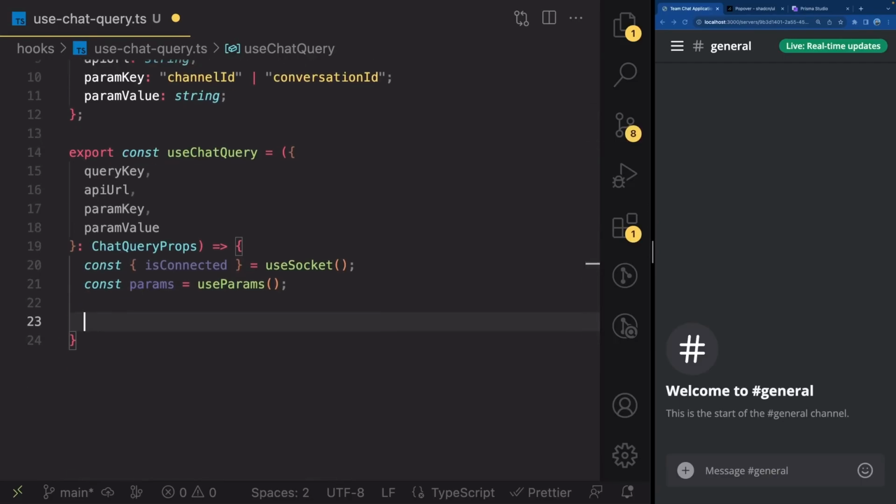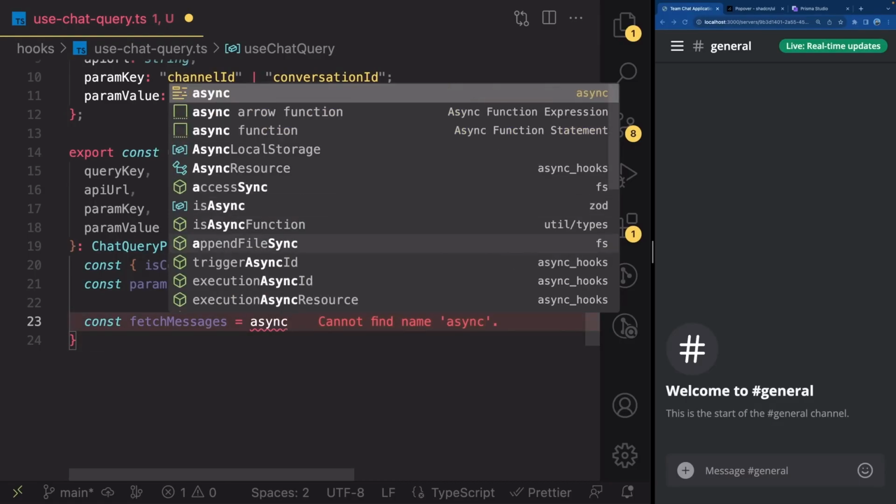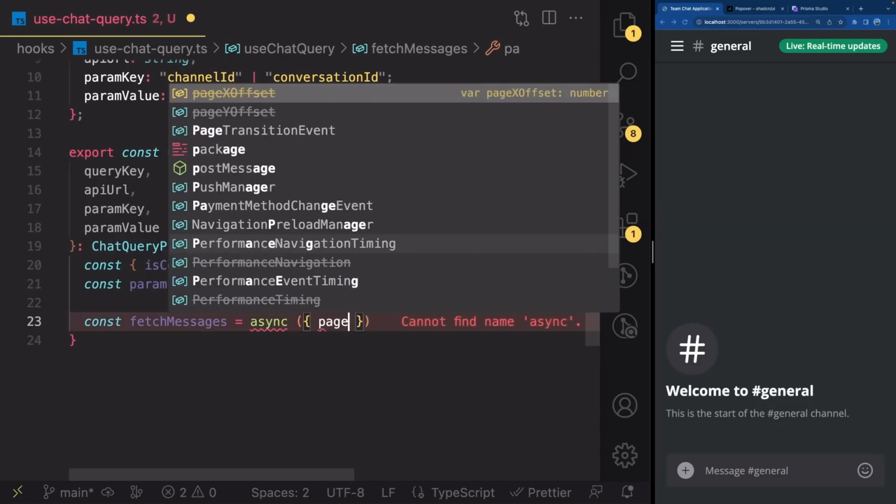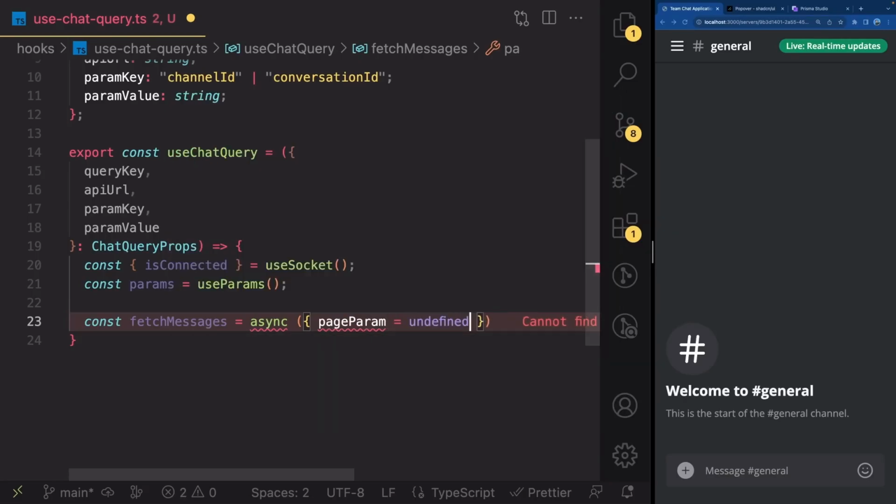And now let's go ahead and create a function to fetch our projects. So const fetchProjects, my apologies, const fetchMessages, like that, is asynchronous. Go ahead and open the object, pageParam is going to be undefined. So this pageParam is gonna be our cursor for infinite loading, right? We're gonna have to modify the API for messages for that. So get this pageParam,